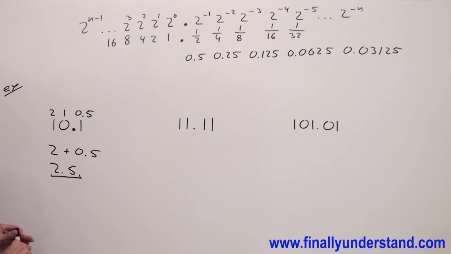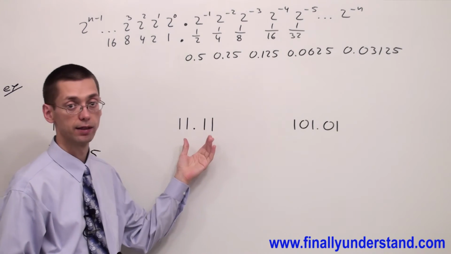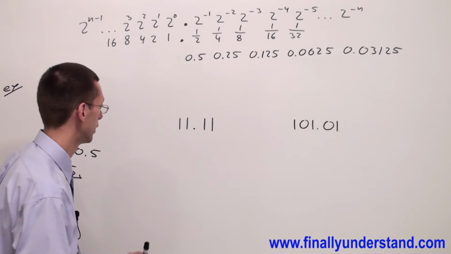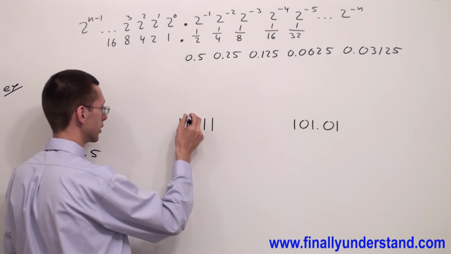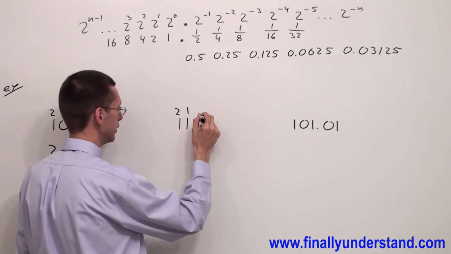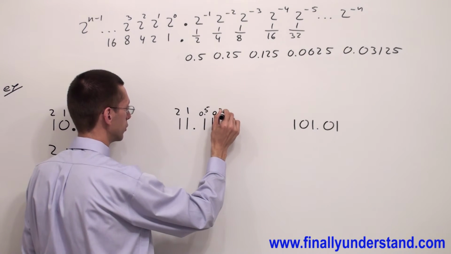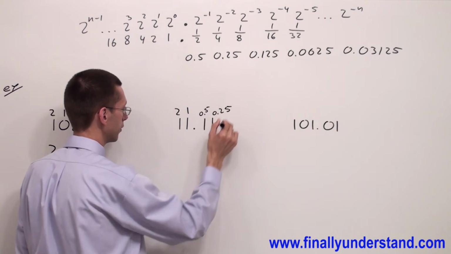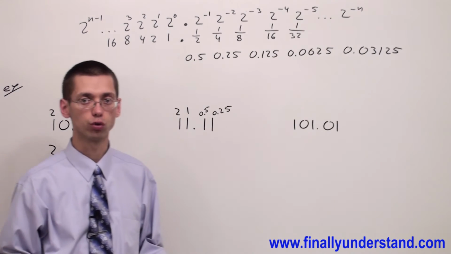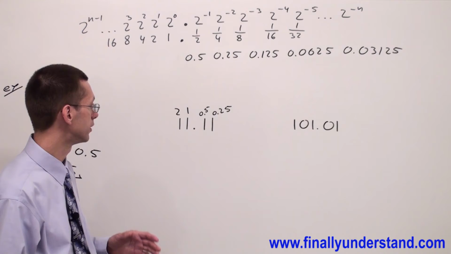Let's take a look at this example. Again, we're supposed to convert the binary number to decimal. We have to write the weights over every single bit. So I have 1, 2, and this time 0.5, and 0.25. Again, anytime you want to convert a binary number to decimal, you're supposed to add the weights